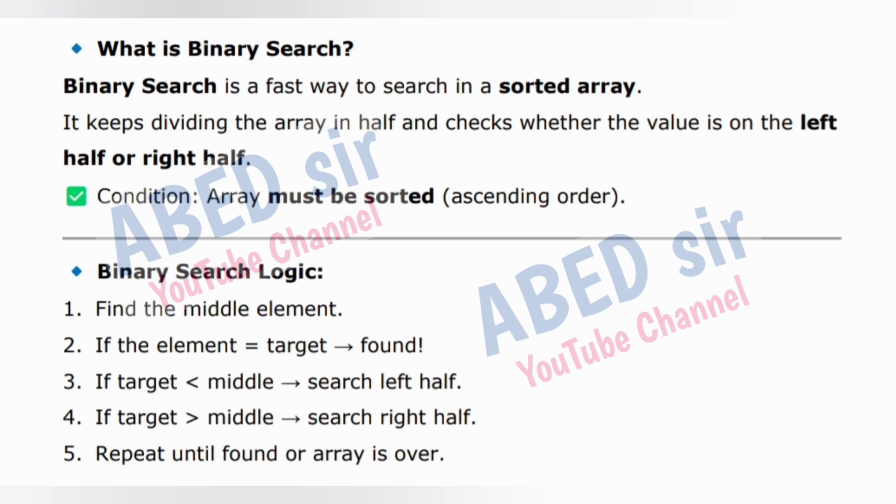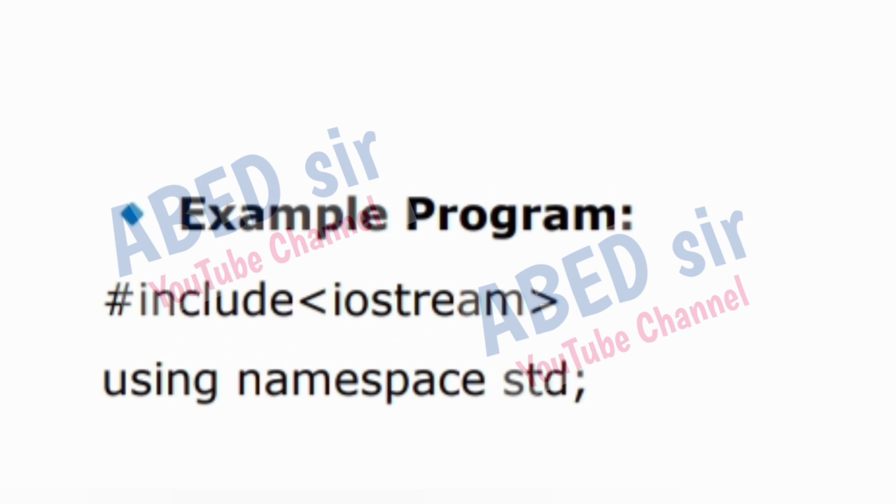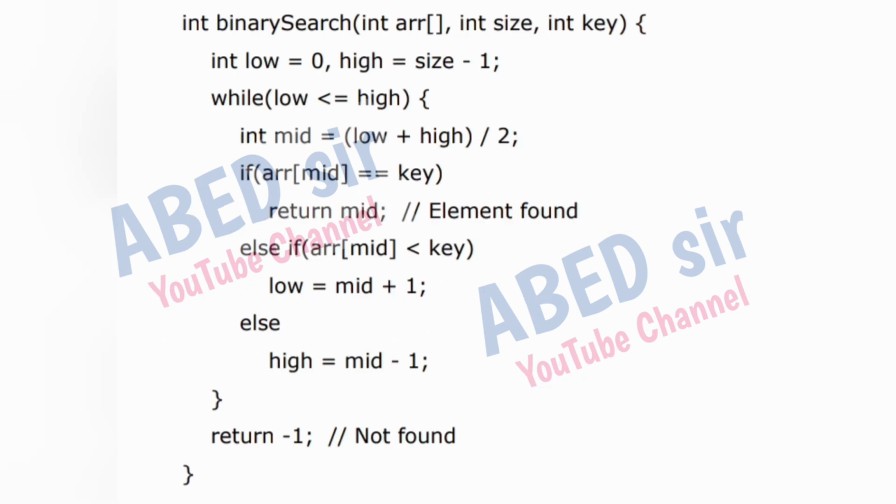4. If target is in the middle, search the right half. 5. Repeat until found or the array is over. Example program. #include <iostream> using namespace std; int binarySearch(int arr[], int size, int key) { int low = 0, high = size - 1; while (low <= high) {